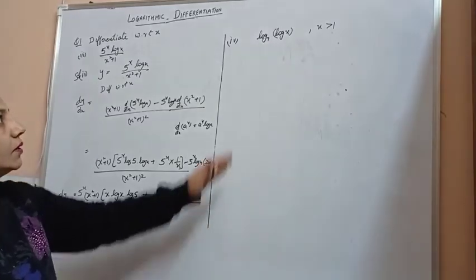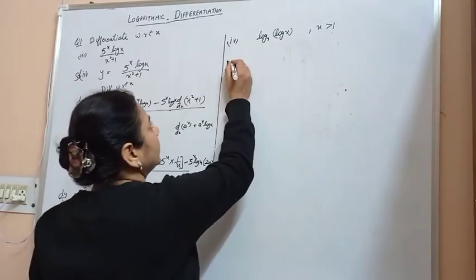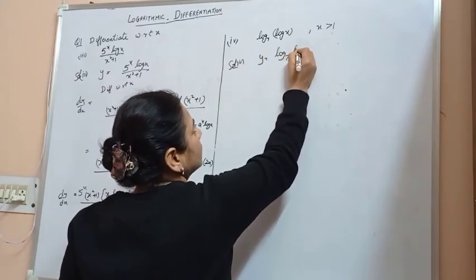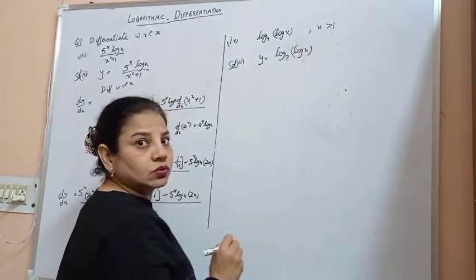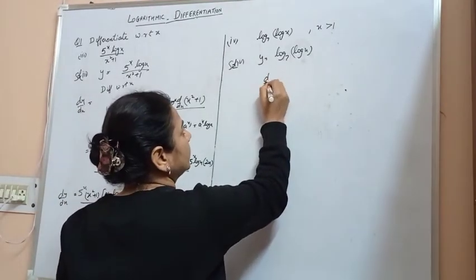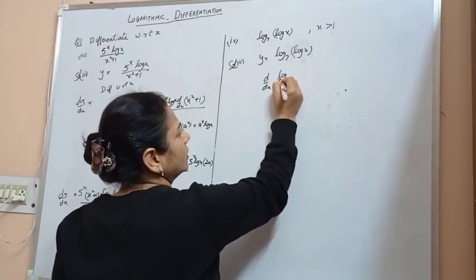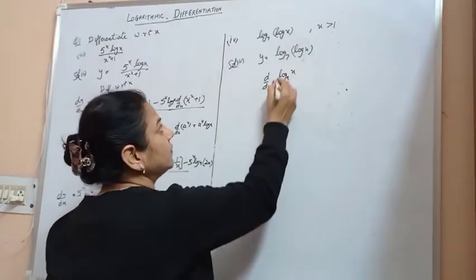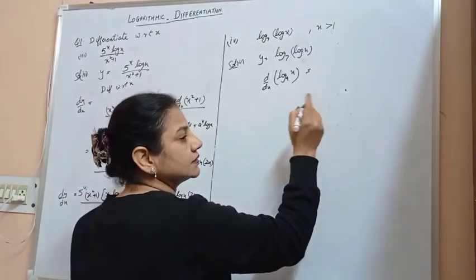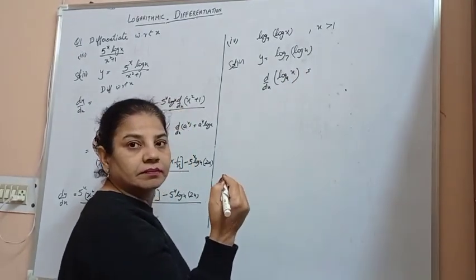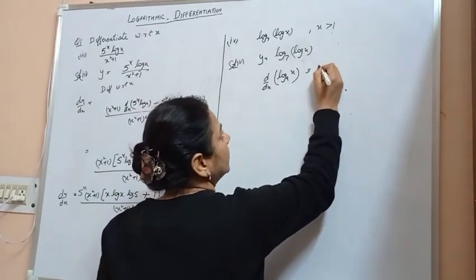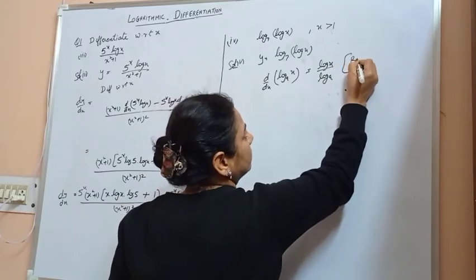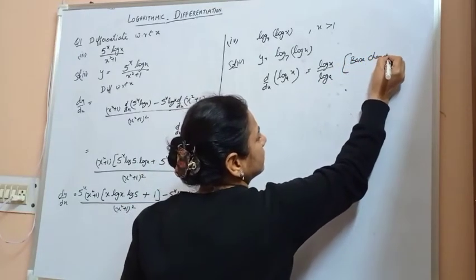Now proceeding with this, here we have the function in the form of log 7 log x. This could be written as, that means the derivative of, it is just like log ax. The function is like log ax. So taking the derivative of log ax is by the base changing formula. We apply the base changing formula. We get log x upon log a. This is called the base changing formula.